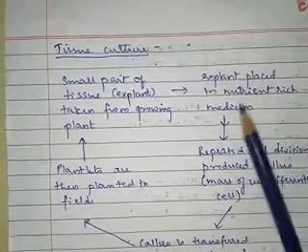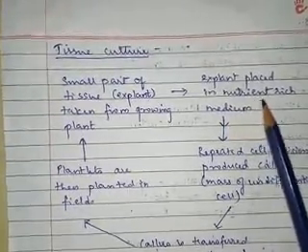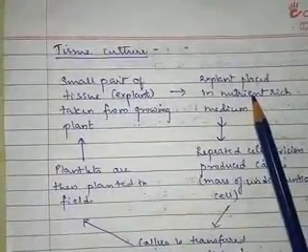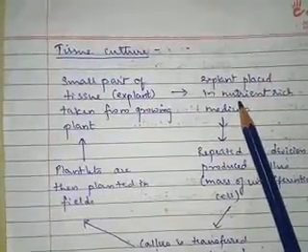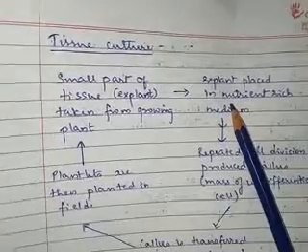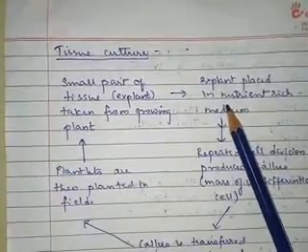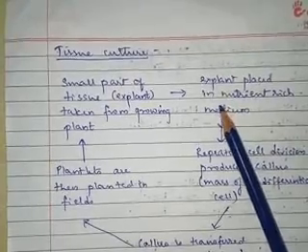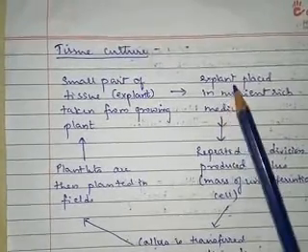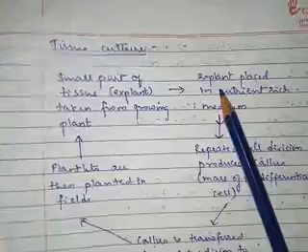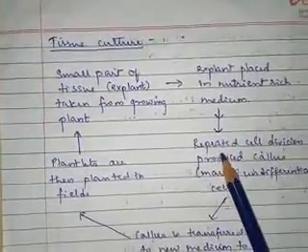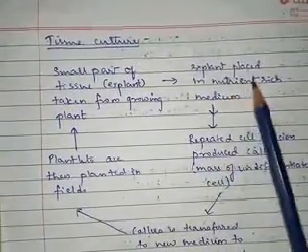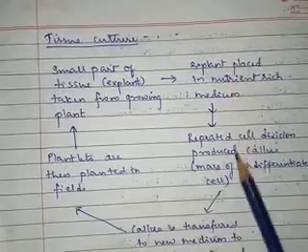What is a nutrient rich medium? It is a mixture of different types of salts, minerals which are required by the plant. So it is a mixture of different types of minerals required by the plants, right? And in that medium you are going to place the explant. Now what happens in the explant when you place it on the nutrient rich medium?